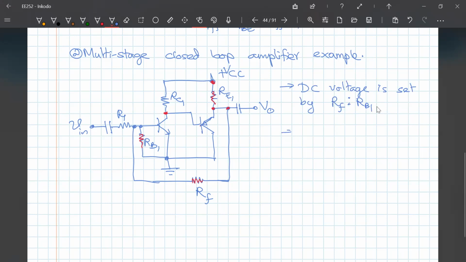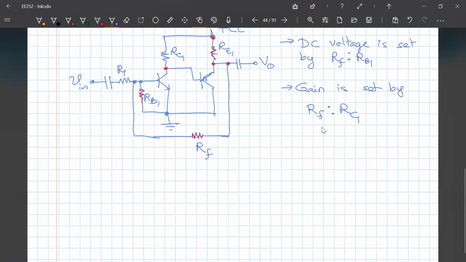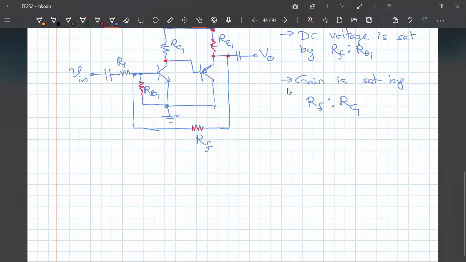Okay, and the gain is set by RF to RC1. Okay, the RF to RC1, we are not going to analyze this at this stage, but we are going to see this is basically what is going to determine the gain of this circuit. Okay, right. This is an inverting amplifier with feedback. Okay,